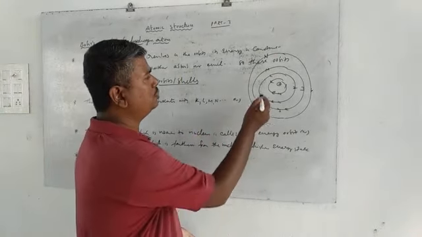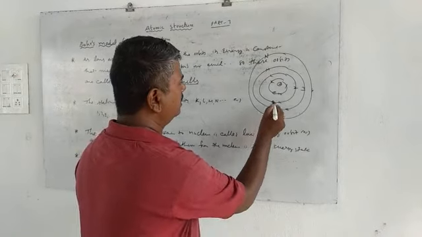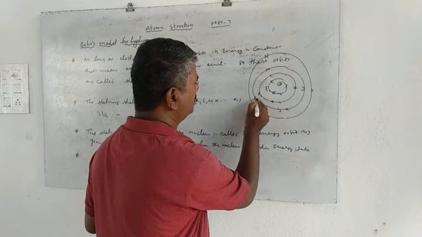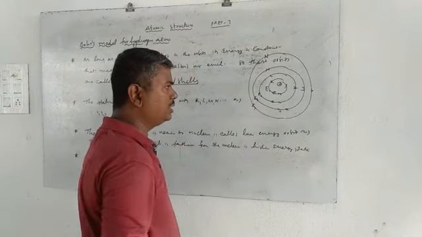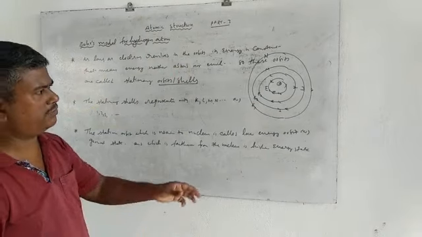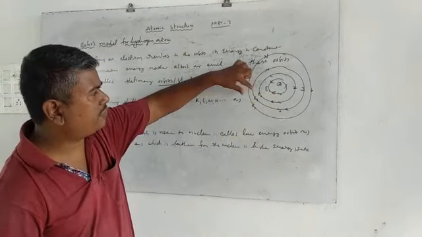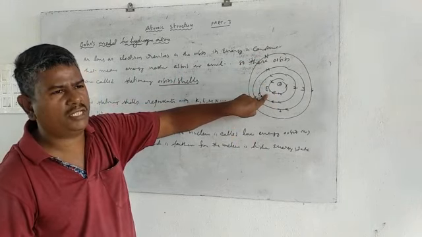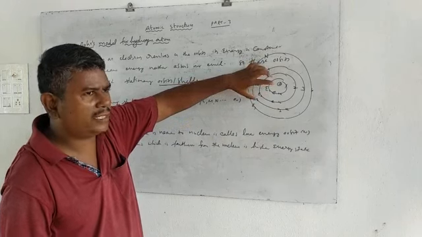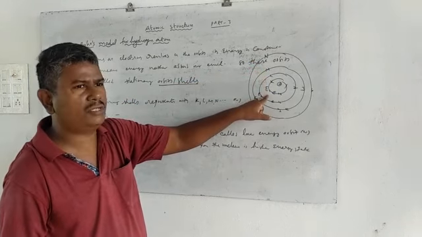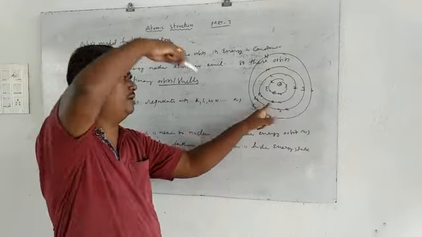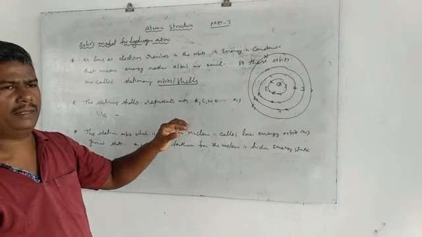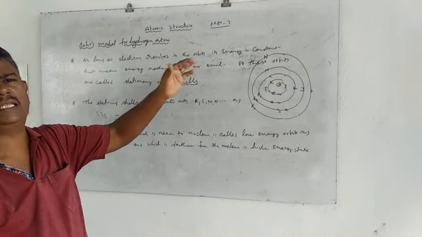So how much energy is absorbed? The difference between the two orbits. For example, the first one is the E1 state, the second one is the E2 state, the third one is called the E3 state, and the fourth one is called the E4 state. So if your electron wants to jump from E1 to E3, the energy is the difference E3 minus E1, because E3 is the higher energy level and E1 is the lower energy level. That amount of energy will be supplied to the ground state electron, then the electron is excited to which one? E3 state.